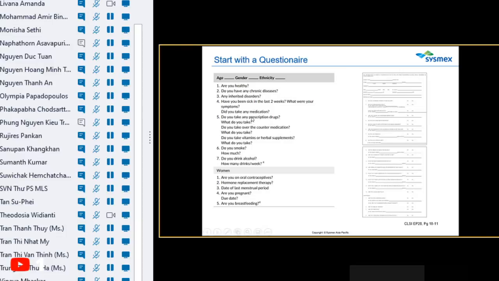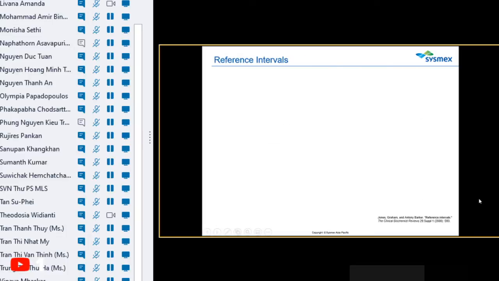There are some questions that are probably common to all questionnaires that could help you. This is important because it will help you ensure that these patients have no underlying conditions, that these are indeed healthy individuals when we look at reference intervals. This questionnaire also will help you do the first line of filtering of data when you have data. And if you now look at